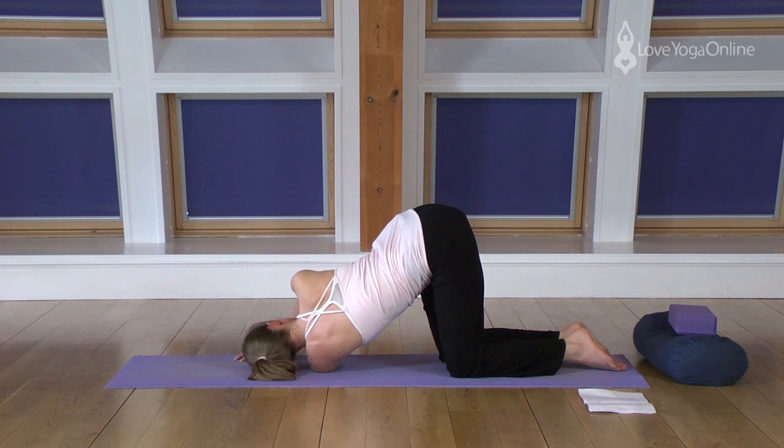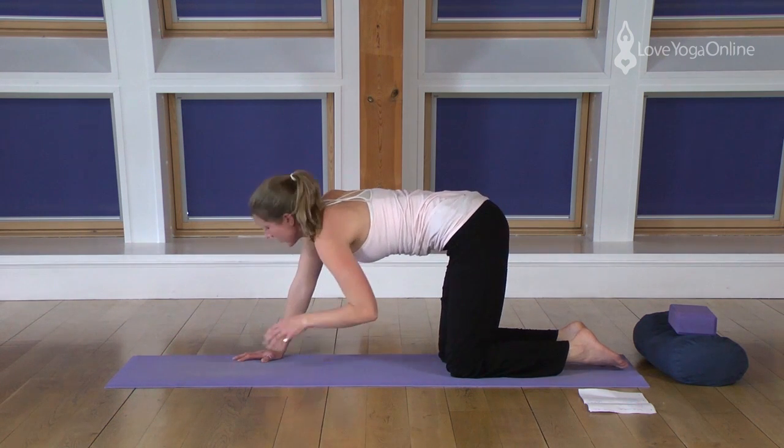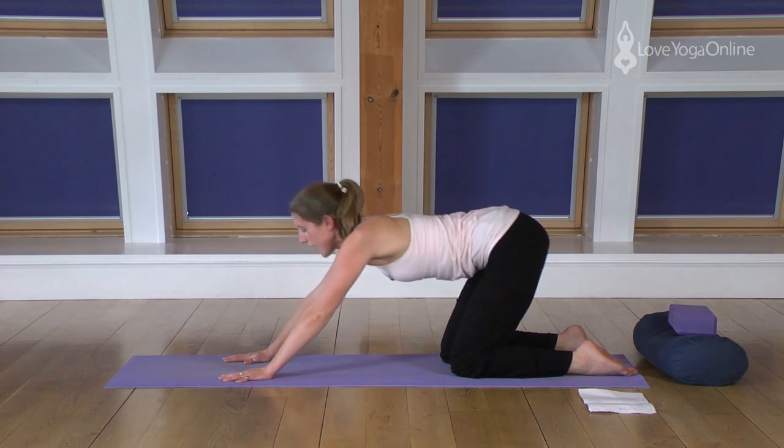So draw the breath all the way into the lungs and visualize it traveling all the way to the base of the spine. Relaxing completely the head and the neck and the shoulder. You can keep using your right hand as a gentle support, and then pressing into the right hand, coming back up to all fours. We'll come straight back to our rocking back, exhaling back,